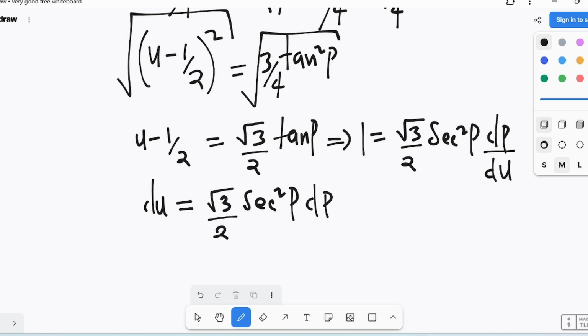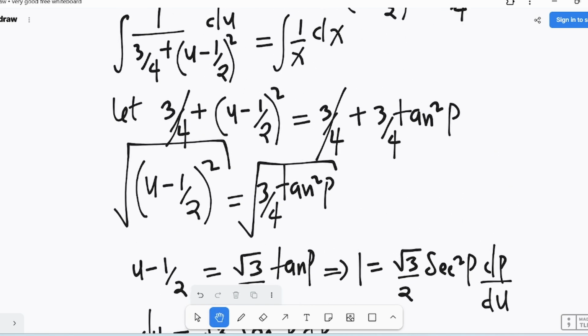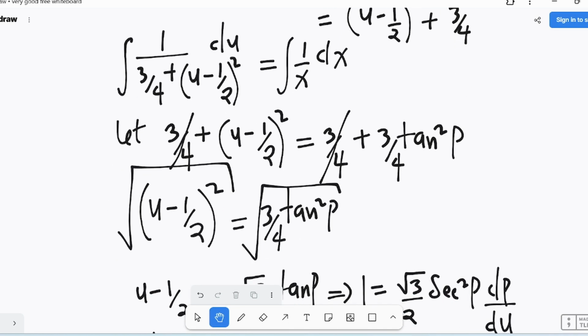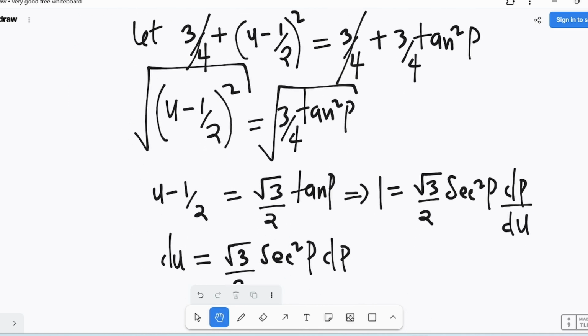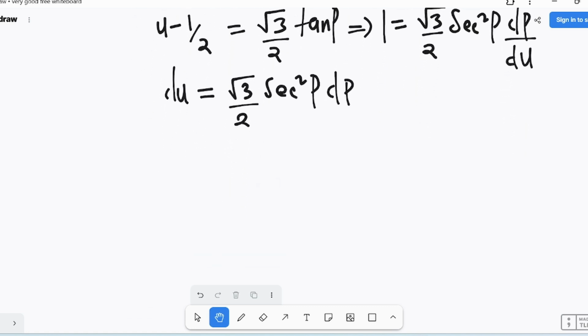So we substitute it back. Where are we substituting it back? We are substituting everything, where we are substituting them here. We are substituting them there. So when we go back, we shall have